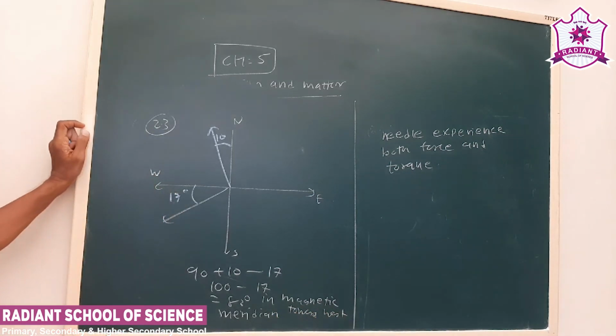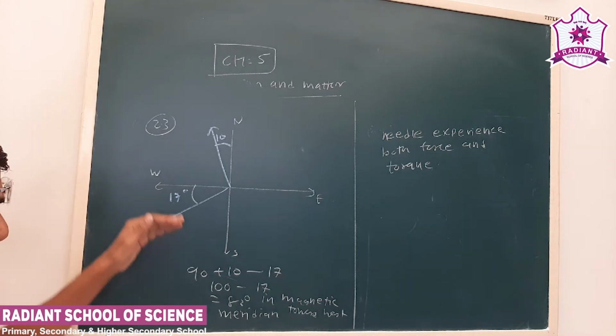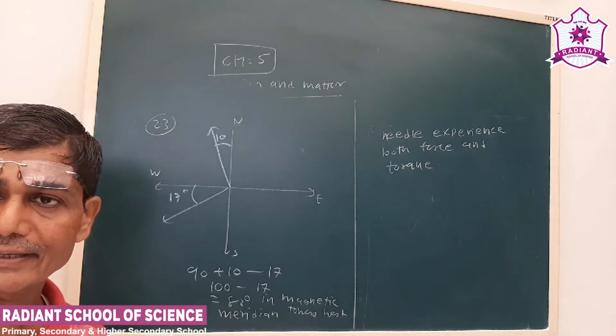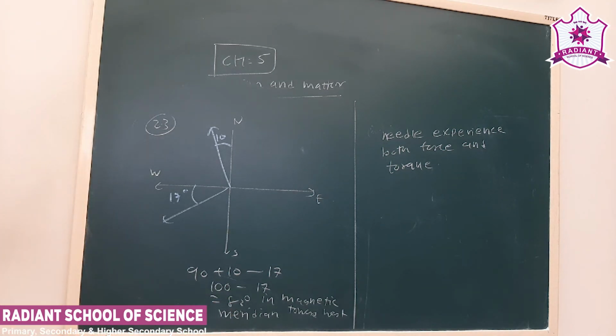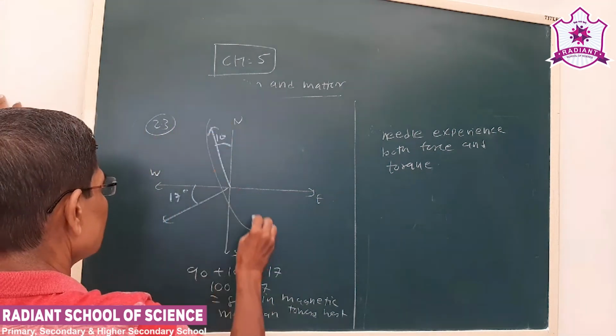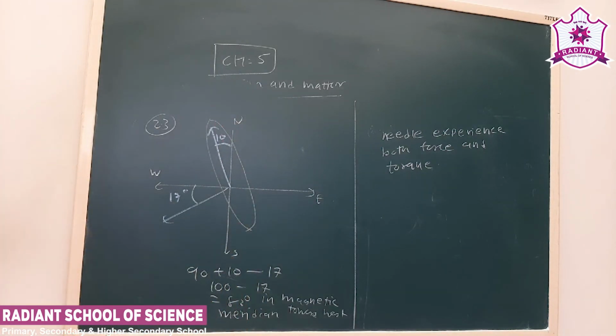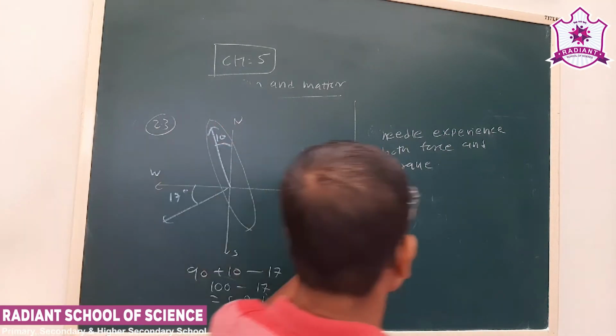See, what we have done here, we have corrected for the magnetic declination. Okay, and the steamer is to be driven in the west direction, so that much angle we have to subtract. So the resultant will be, see, the steamer should be driven at an angle of 83 degree from the magnetic meridian toward the west. See, next MCQ.